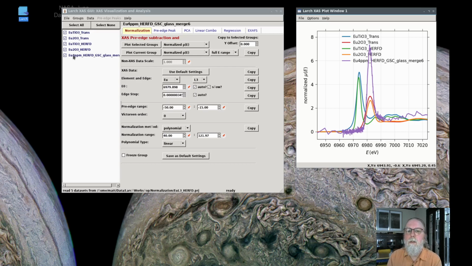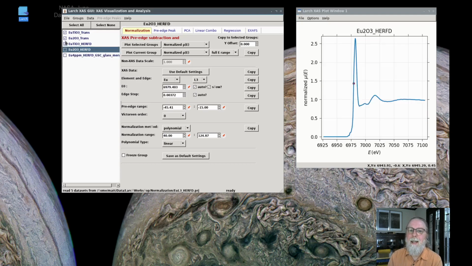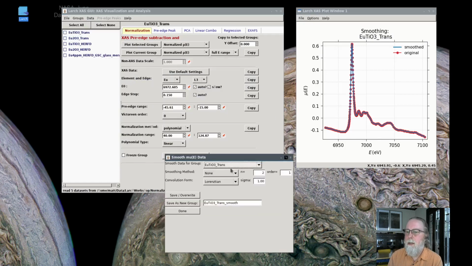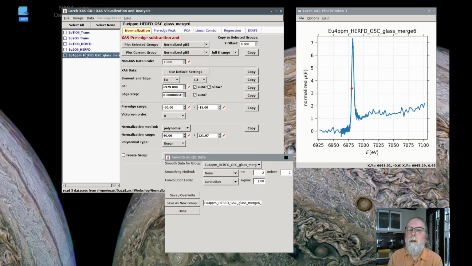But one question that often comes up when dealing with HERFD is whether you could just smooth the HERFD data to reproduce the transmission data, the total fluorescence yield data, or if you can take data measured in standard mode and just do a deconvolution of it to reproduce the HERFD data. So let's try that. From this data menu, there is a dialog to smooth data. So let's take this very messy data set